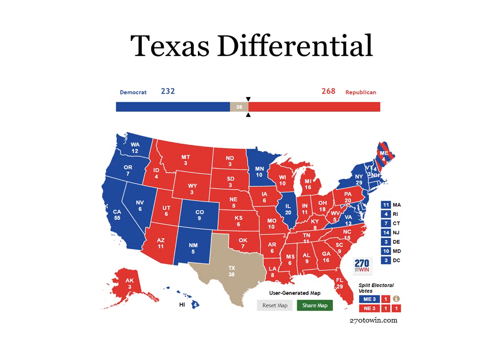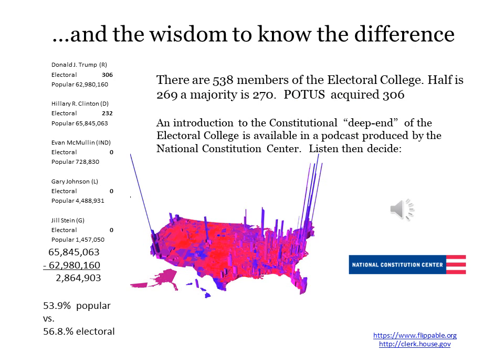The 38 electoral vote difference could be thought of as the Texas differential. Texas has 38 votes, and it would be interesting if organizations like Indivisible and the other resistance groups could think of just flipping Texas, and there would be a win. 270 makes the win because there are 538 members of the Electoral College. For an analysis of the difference between the popular vote and the electoral vote, there's a really good little lecture at the National Constitution Center, available at that link, that describes in detail the constitutional context between the popular vote and the Electoral College.